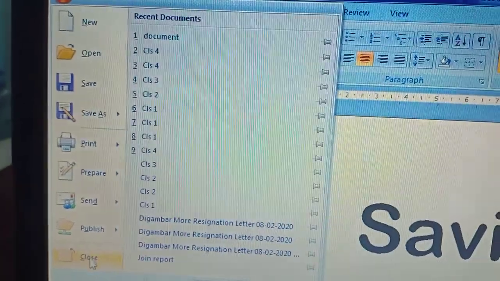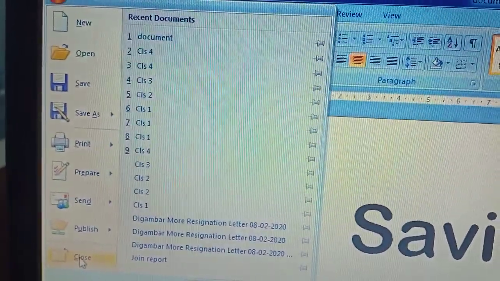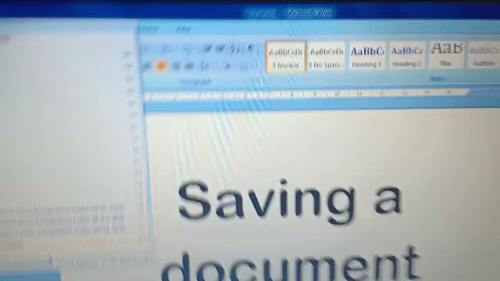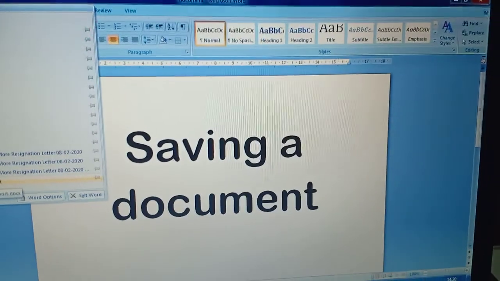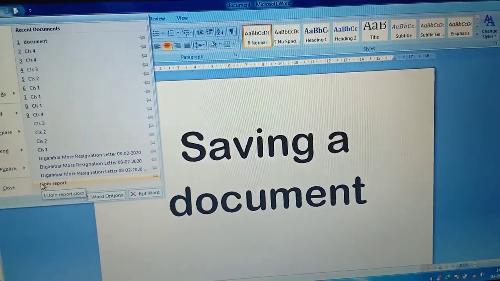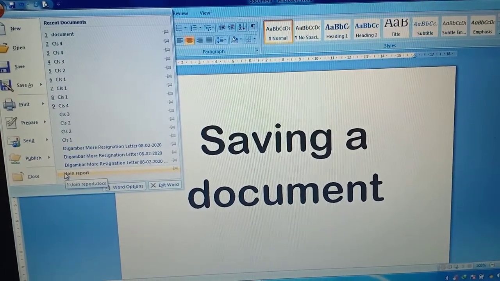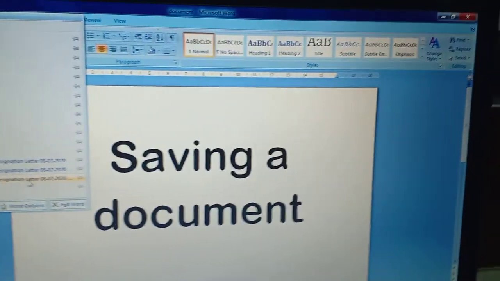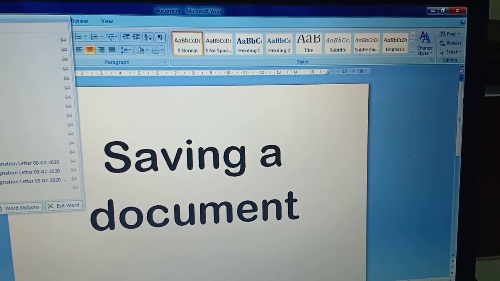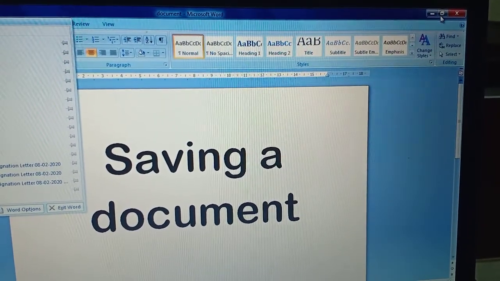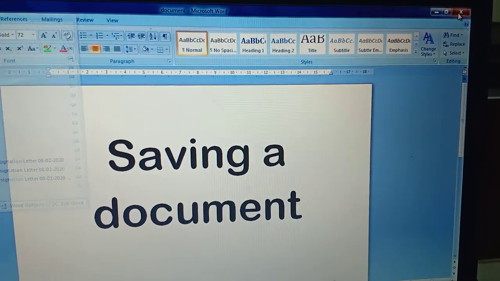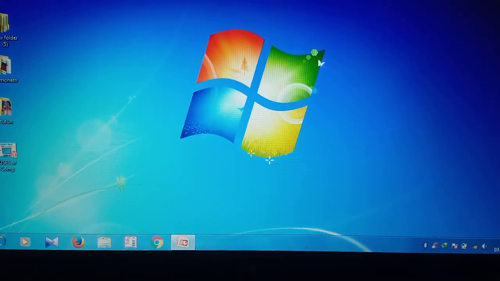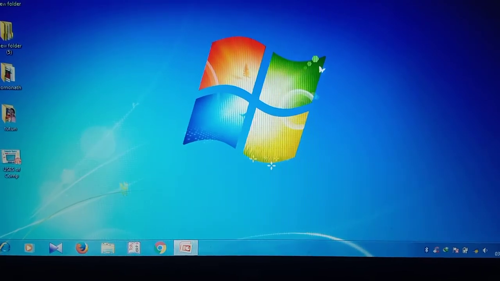See, here the close option is there. This is the indirect method and this is the direct method. You can directly close by clicking the close button, or by the close option from the file menu. So see, I will directly close. The document is closed.